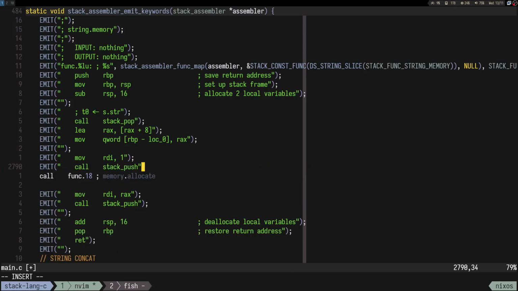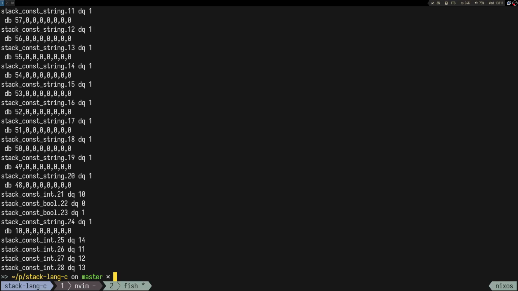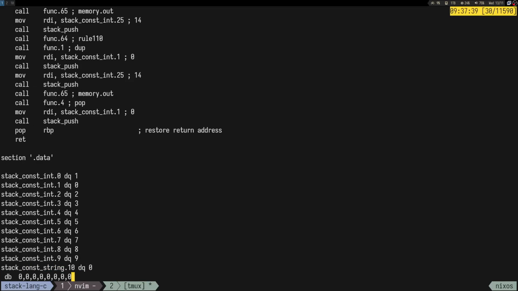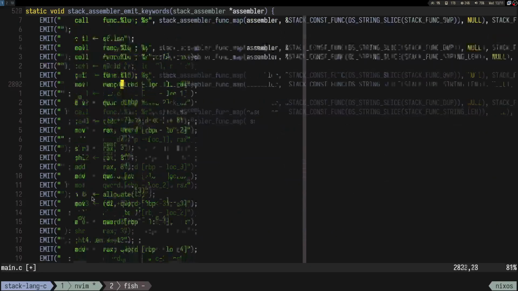Then we call stack push, although I wouldn't say stack push, I would say more,